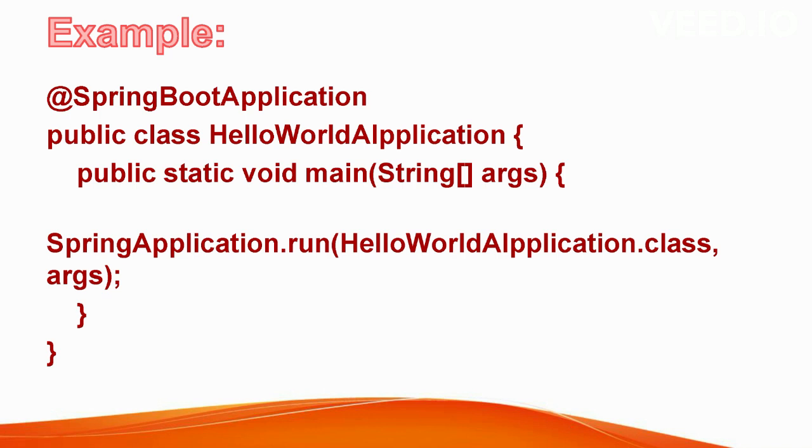The simple Spring Boot application has a main class, a HelloWorld application, with one simple public static void main method. It uses the SpringApplication class and its run method, passing the HelloWorld application class name and arguments. With that, it executes our Spring Boot application. This is the entry point where the Spring Boot